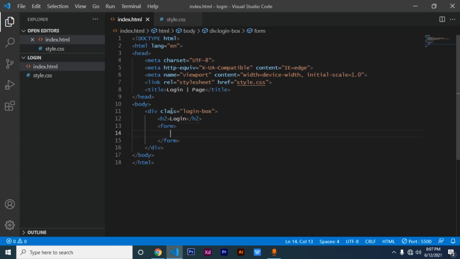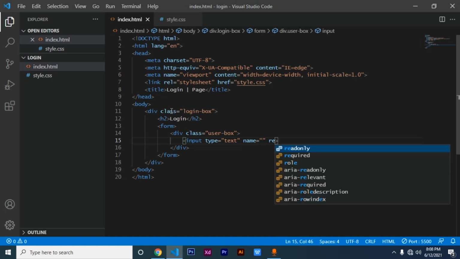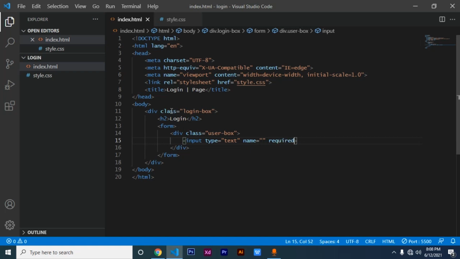And inside this form element, we want to create the other div, which is user box. This is for the first box, we want to type input, because we are in the form. And for the input type we want it to be text, and for the name of our input we want to leave it blank, and for the required we want to leave it also blank. And we want to write the label. And our label, let us set our label to be username,